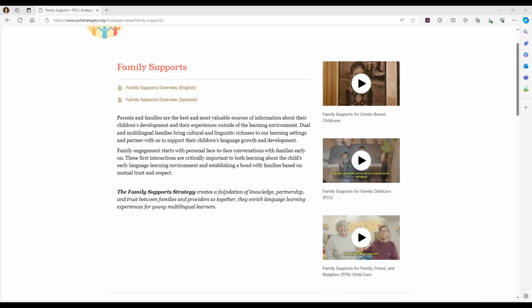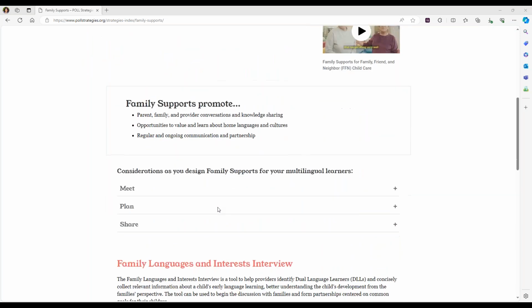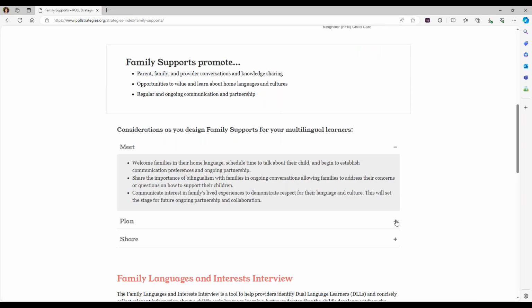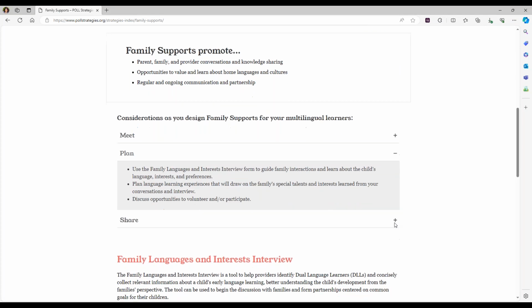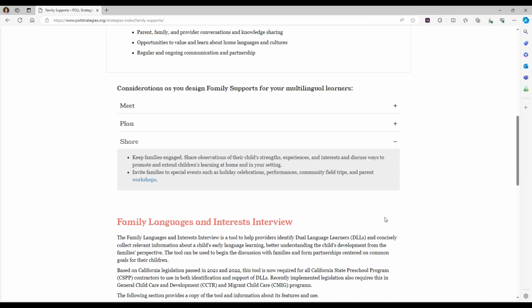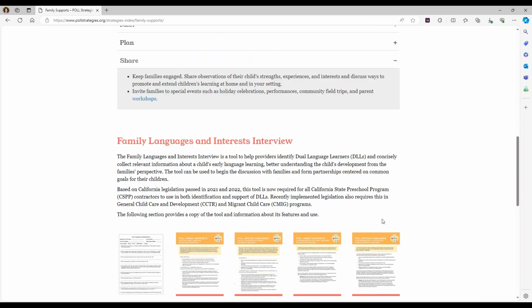Each of the strategy pages will call out the strategy here for you, as well as additional information, considerations as you're planning. And these with the plus signs are all clickable menus that'll drop down and give you more information for you to read. And I do want you to